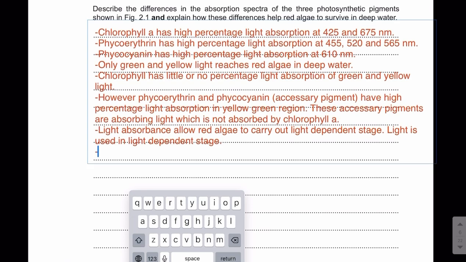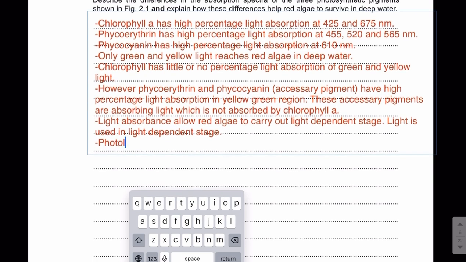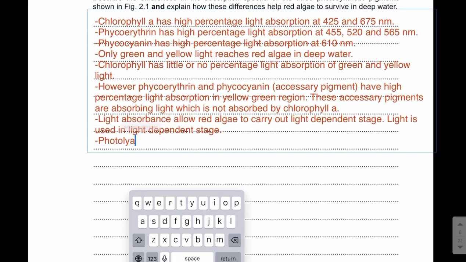You can mention that photolysis and photophosphorylation occurs, producing ATP and reduced NADP,